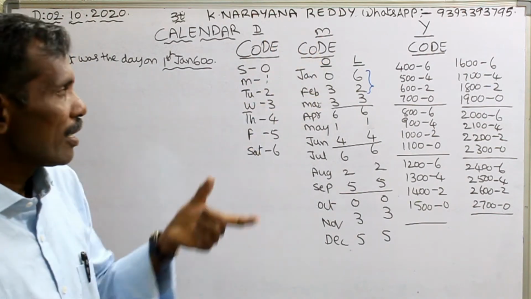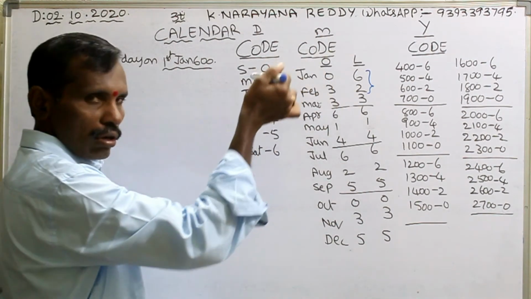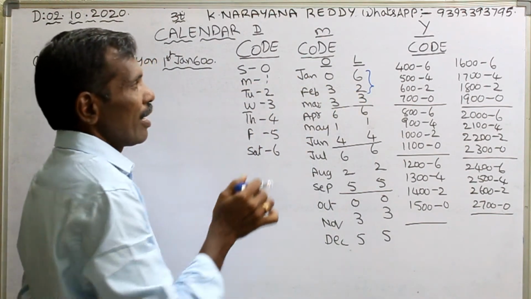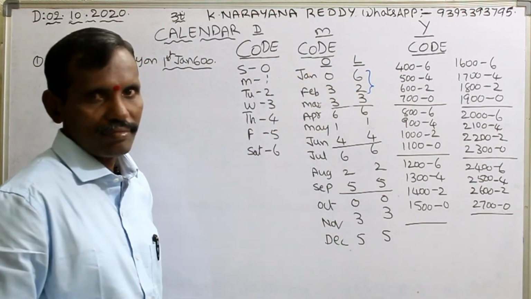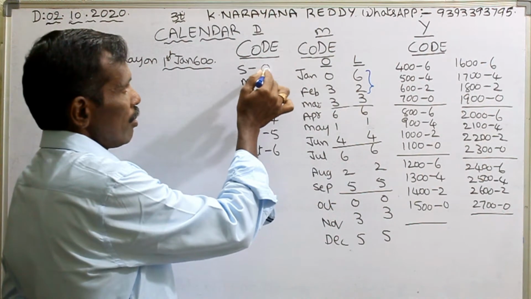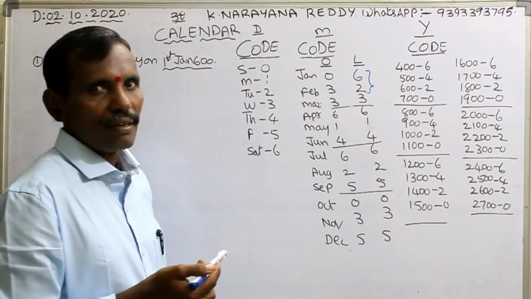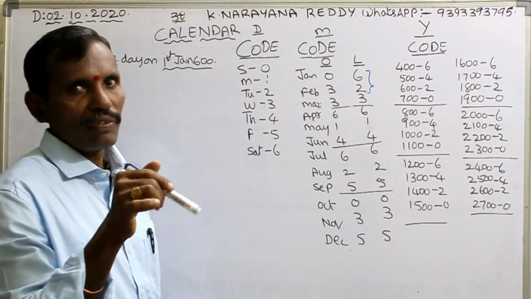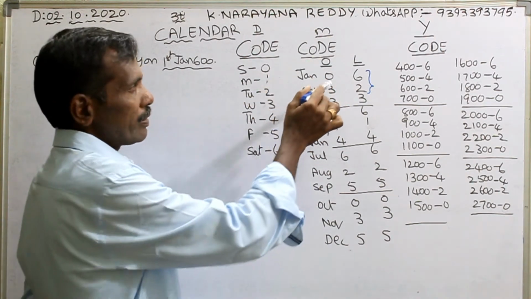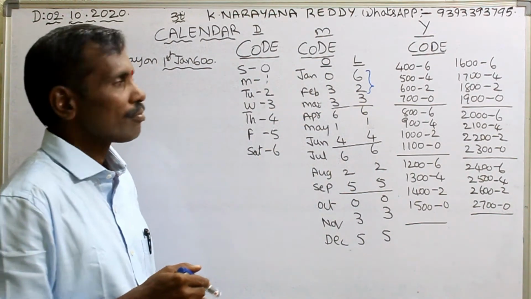In the same manner, in a leap year it is 6, 3, 3. Please observe here. What is the difference between these two? In an ordinary or normal year, it is 0, but in a leap year it is coded as 6. Why? Because generally 0 is nothing but 7. 1 to 6, then again it starts at 7. But for the sake of convenience, we are taking 0, because 7 is the number of weekdays. That is why we are taking 0. 7 minus 1, or 6 minus 0, that is 6.